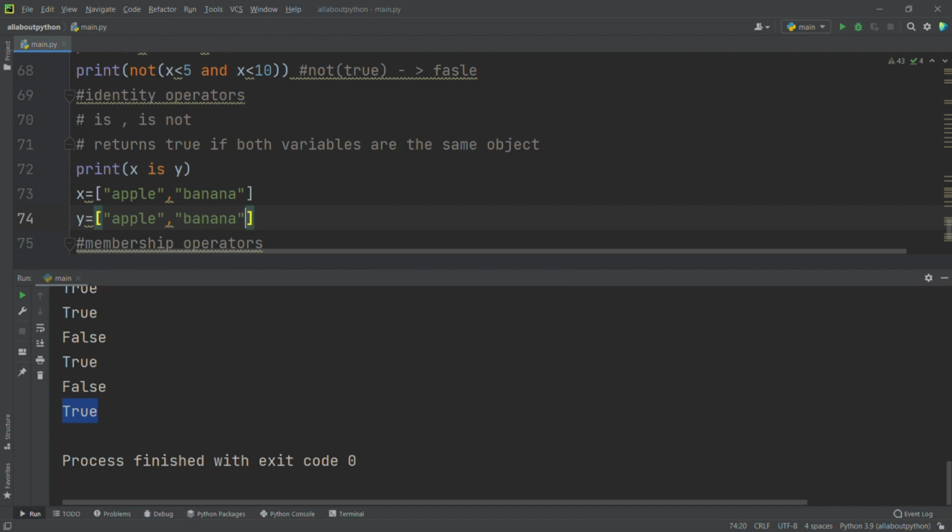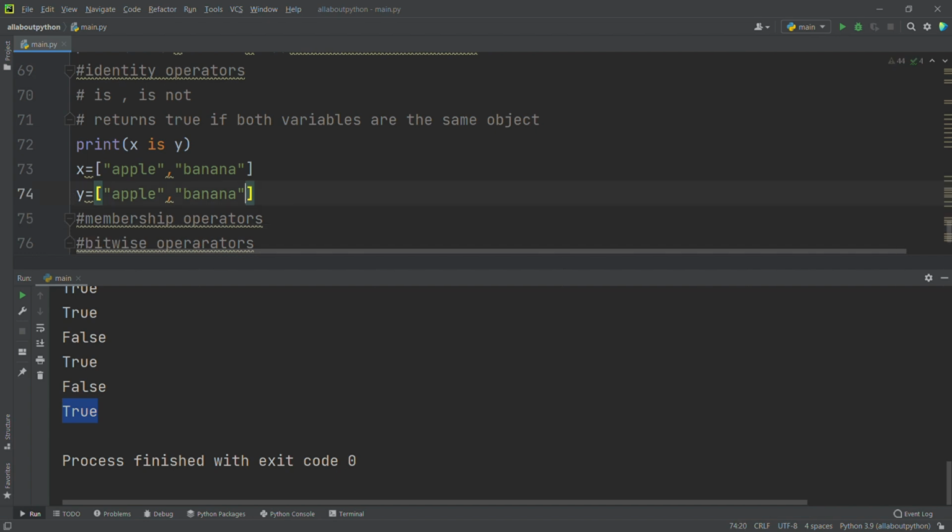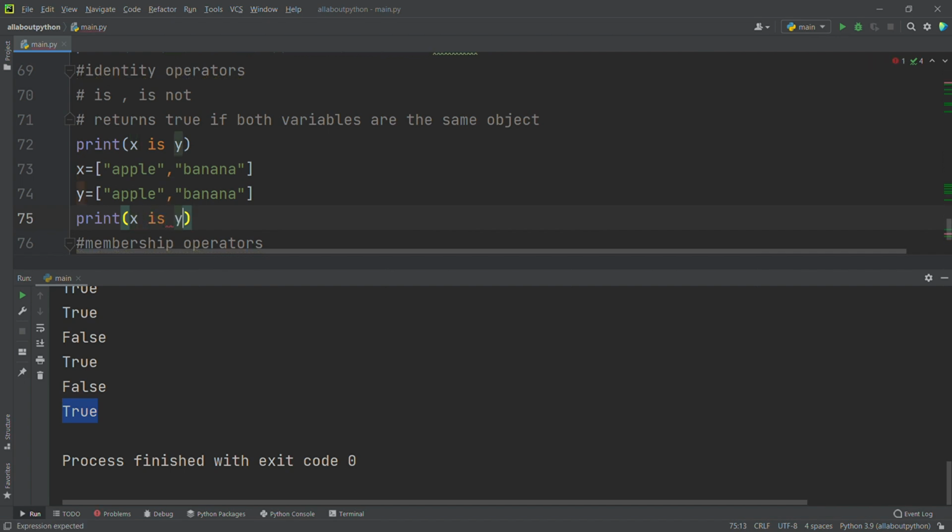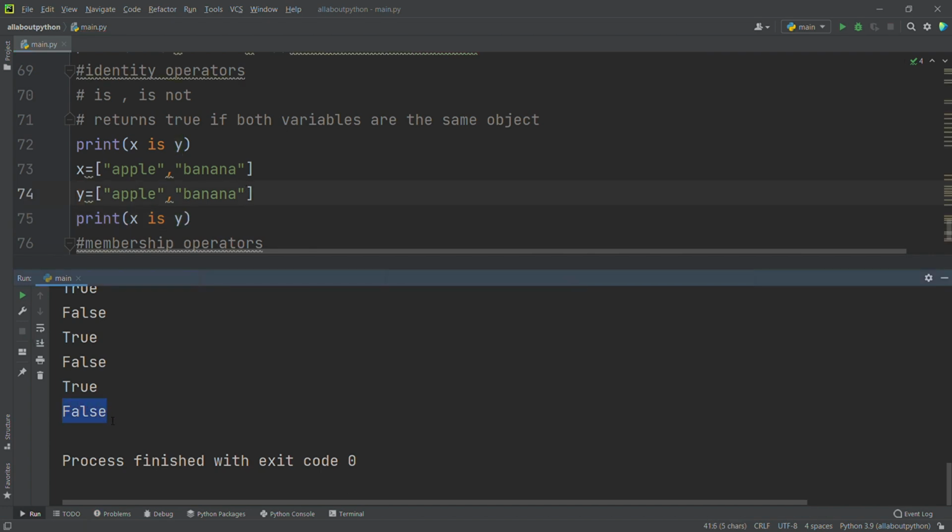Now we do the same thing, print of x is y. Now I will run this. See, it's printing false. Why is it printing false? It has to be true, right? Here both are the same.